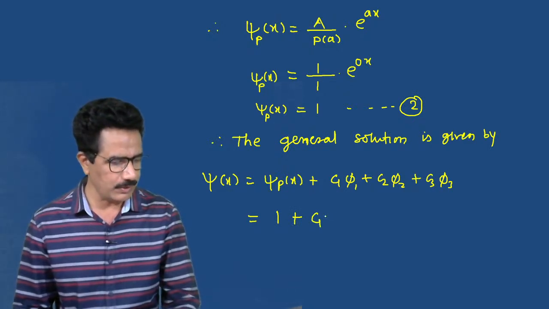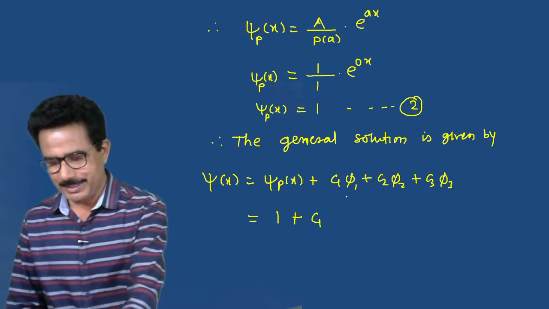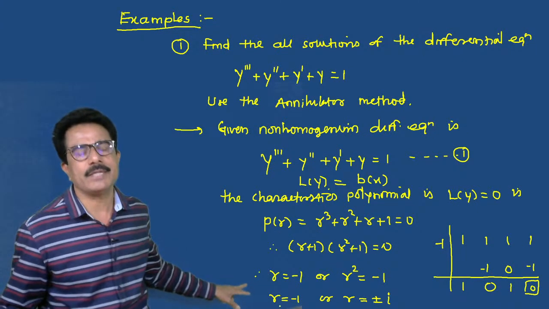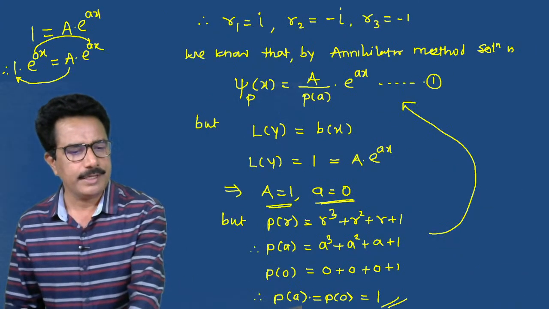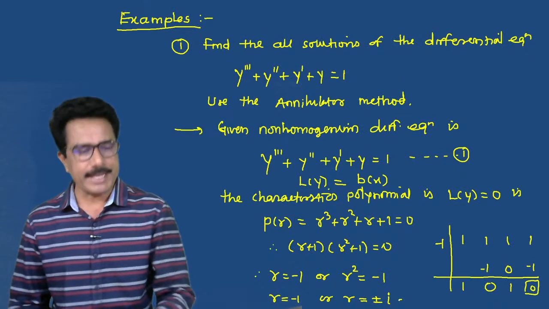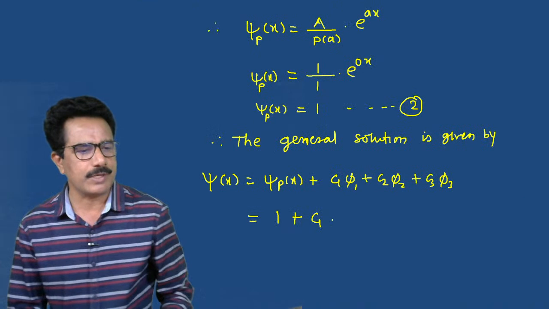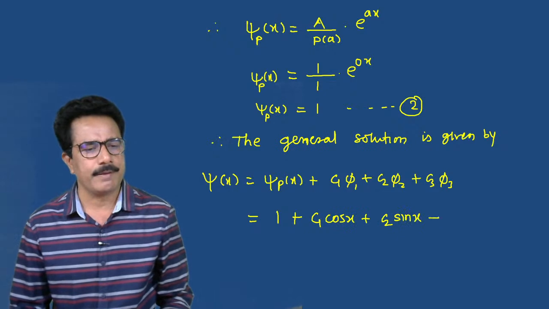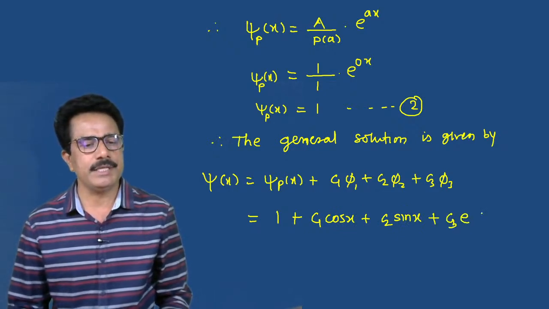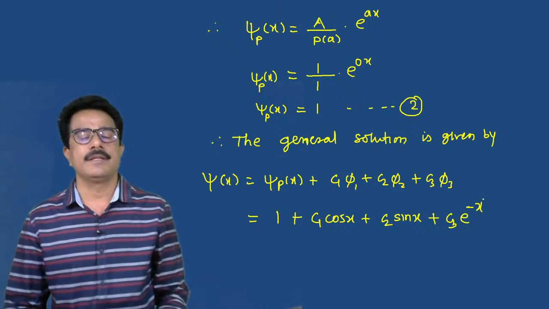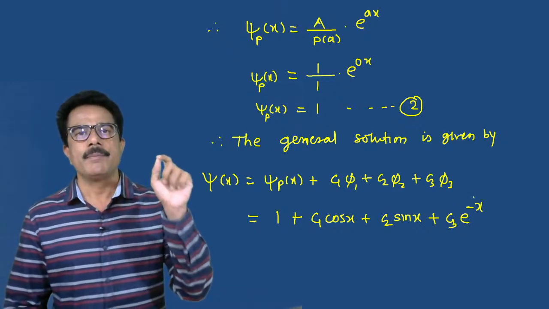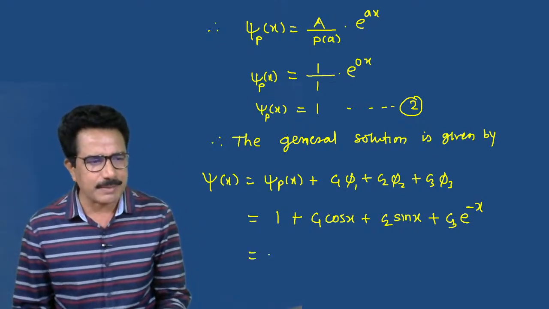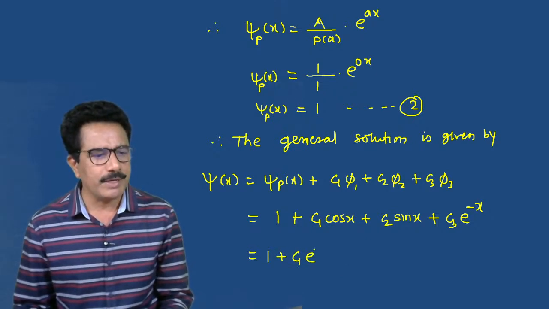Means c1 into e raised to... now phi 1, do you notice how phi 1 and phi 2 are calculated? We have calculated c1 cos x by taking the values of alpha plus beta x. Phi 1 means cos x, plus C2 sin x plus C3 e raised to minus x, because the roots are plus i, minus i and plus 1. This can also be written in the form 1 plus C1 e raised to